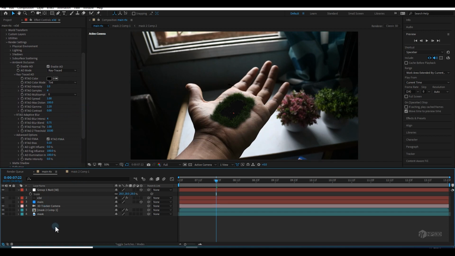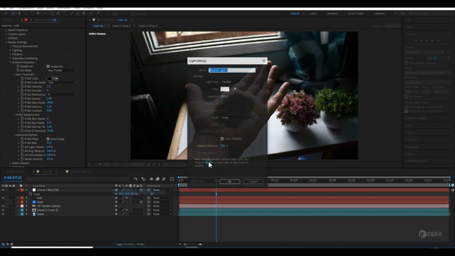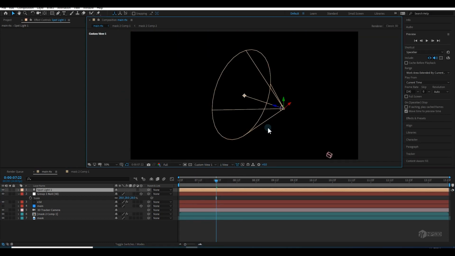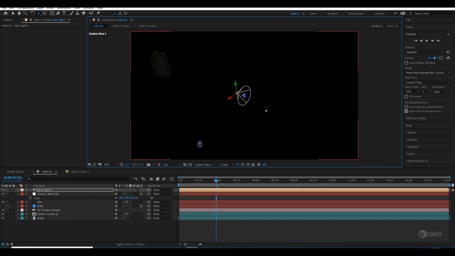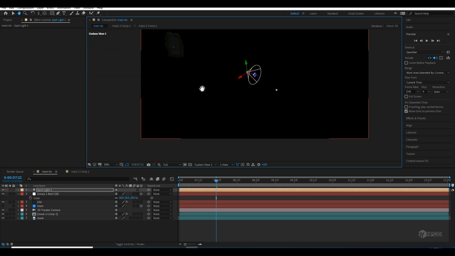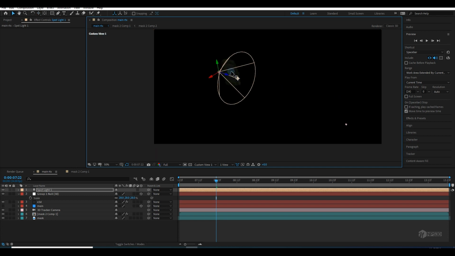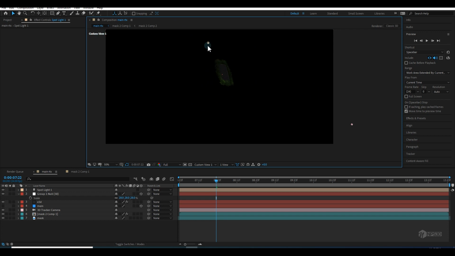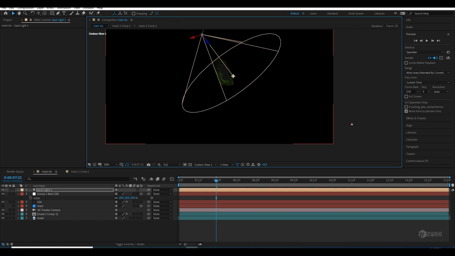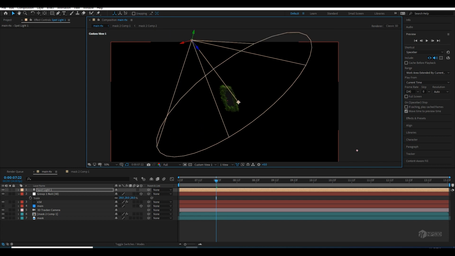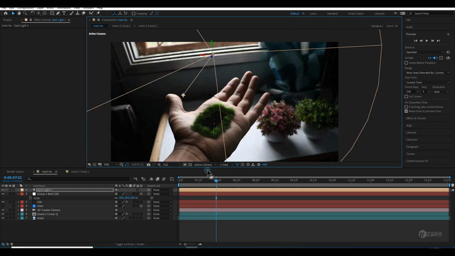So first let me make the light. Go to the light, and I am using a spotlight. Let's go to the custom view, and I think I am not able to see this is my grass. So first let me come over here, select this light and go back in Z space. Go to the custom view, active camera, and now as you can see,